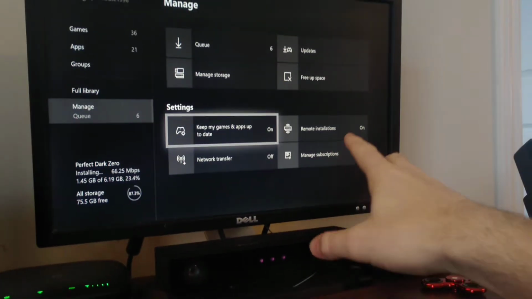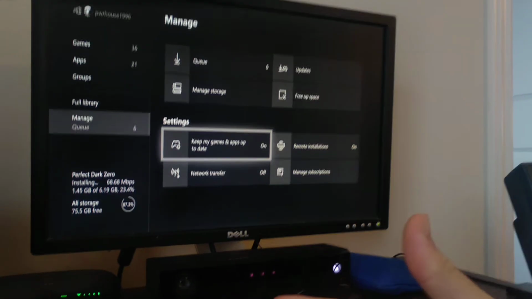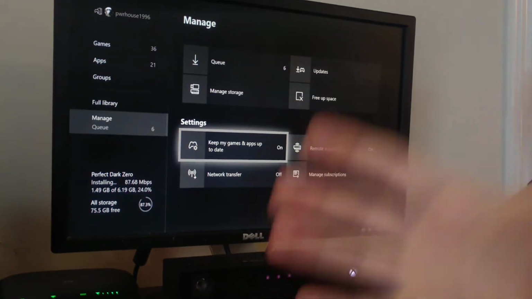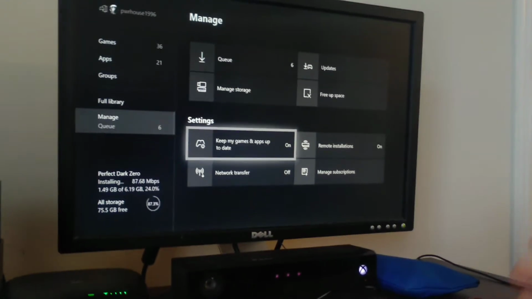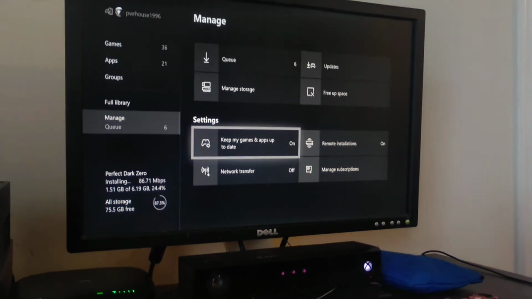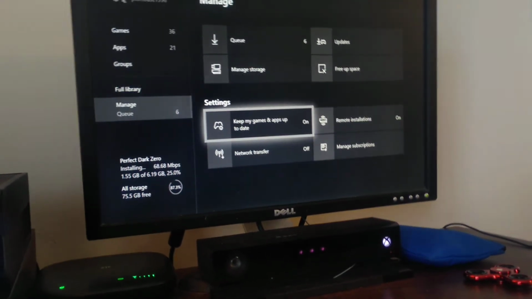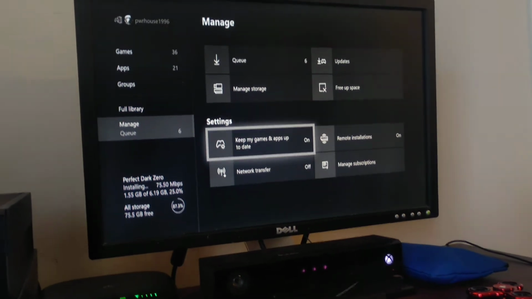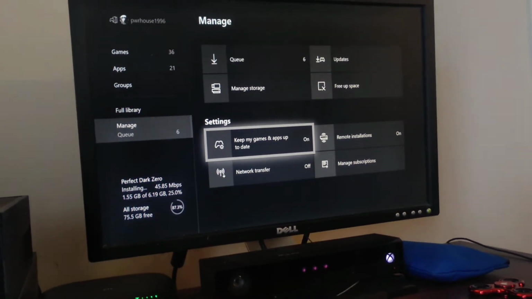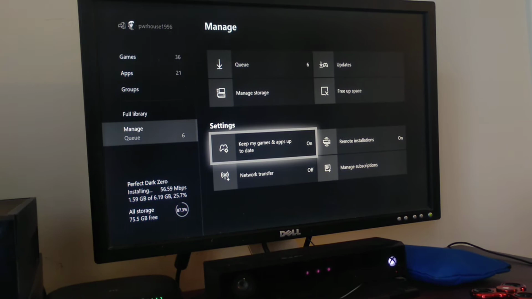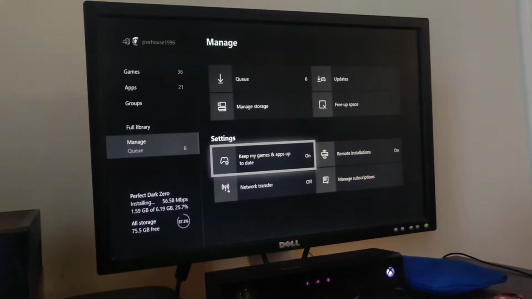Remote installation allows you to install games available on Game Pass via the phone application, Xbox Game Pass and/or Xbox Game Pass Beta. For me, I use the Xbox Game Pass Beta and the Xbox Beta app because I like getting new features